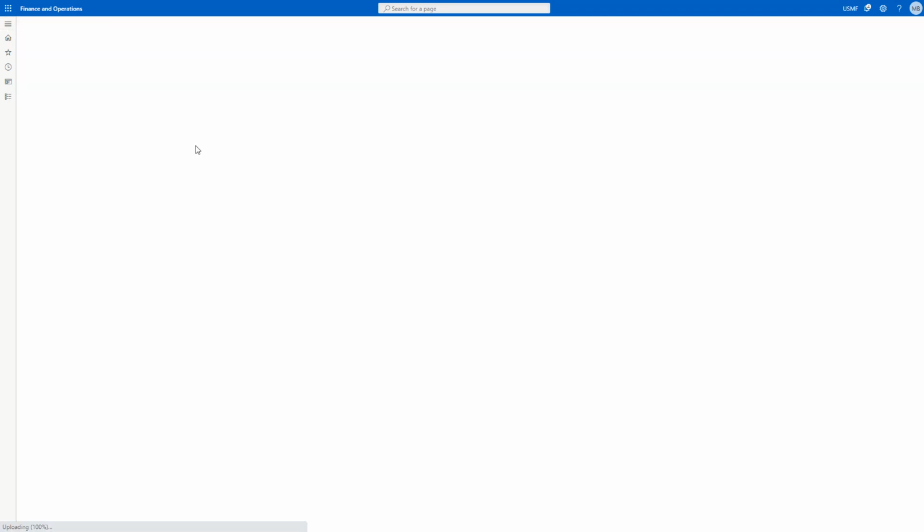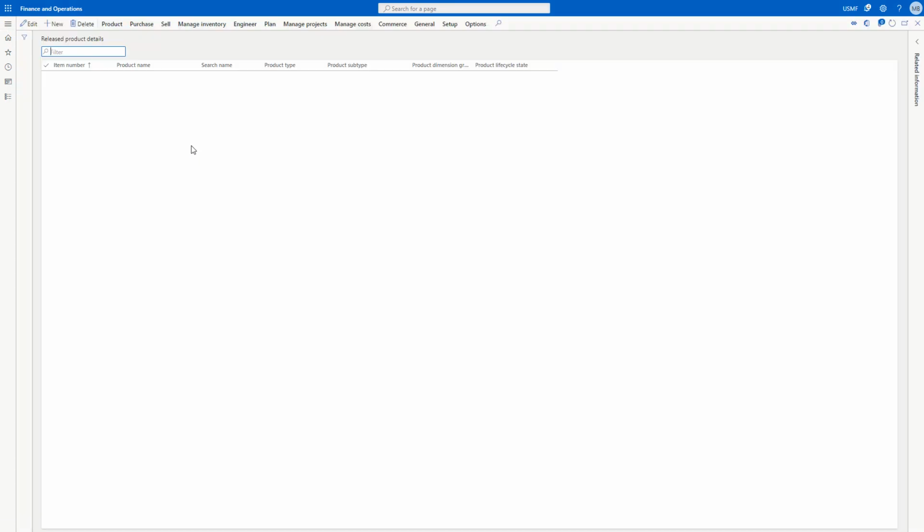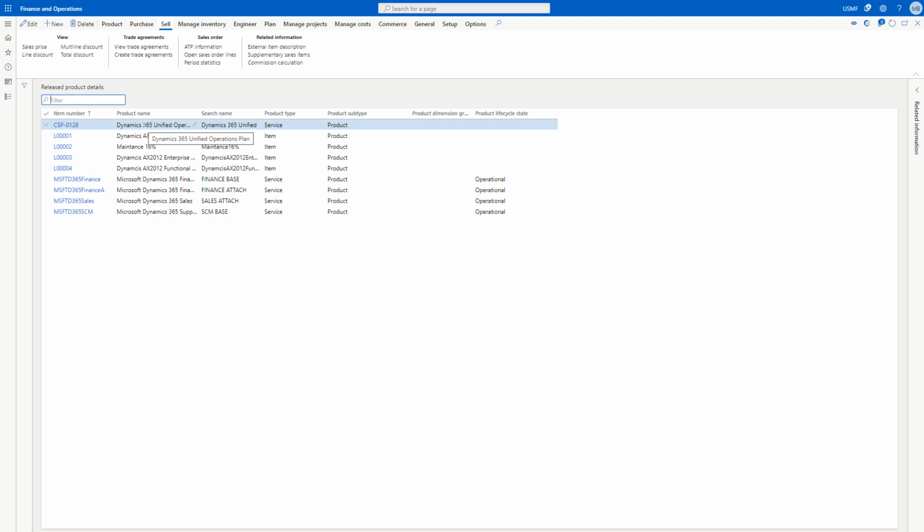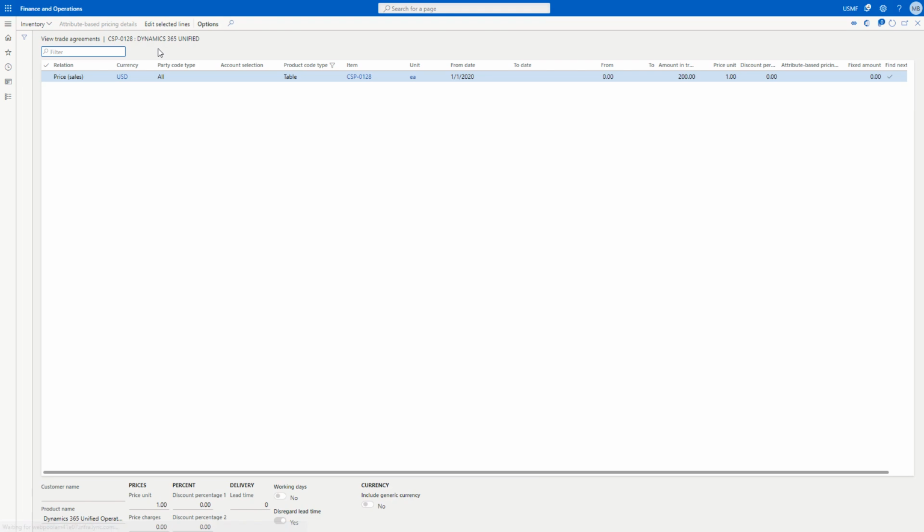So we need to go to the released products and find our product in question, which is this one, the first one, and there we see the trade agreements which have been posted. This is all standard functionality. So just like I said, you have this item which for all customers has a price of $200 starting from